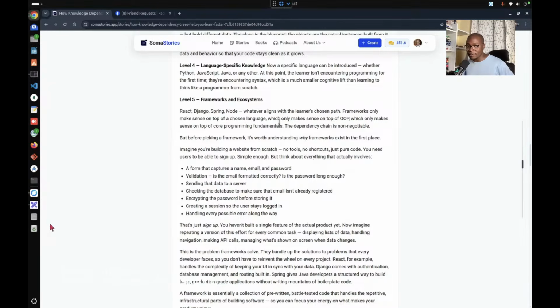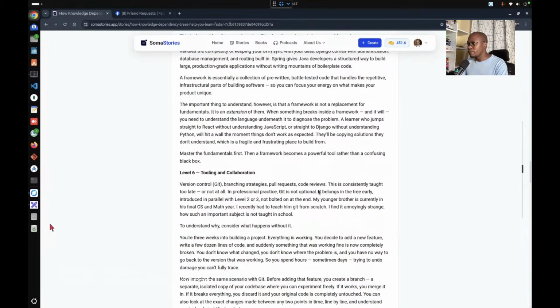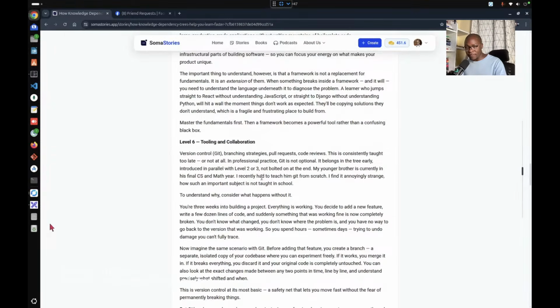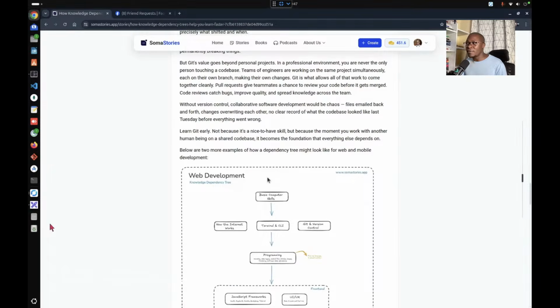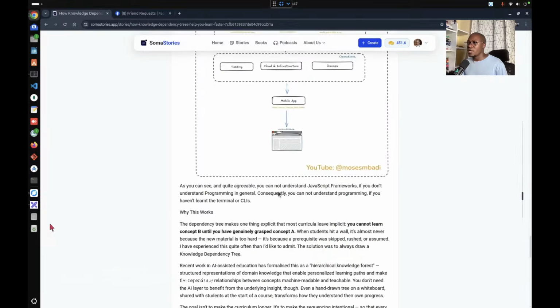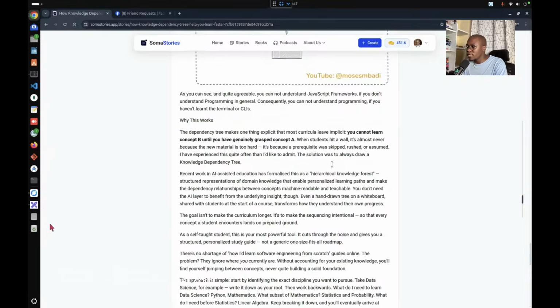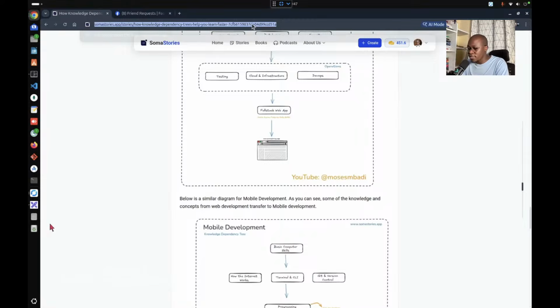Like if we're talking about Next.js in the front end, what exactly are we talking about? And after that is done, you now move into tooling and collaboration. How do you collaborate on the same project? How do you and your friend collaborate on the same project? That is where Git and GitHub come in. Very important. Git and GitHub are extremely important. So we will go back, and you can read this article. I'll just leave a link in the chat. You can just save it somewhere.